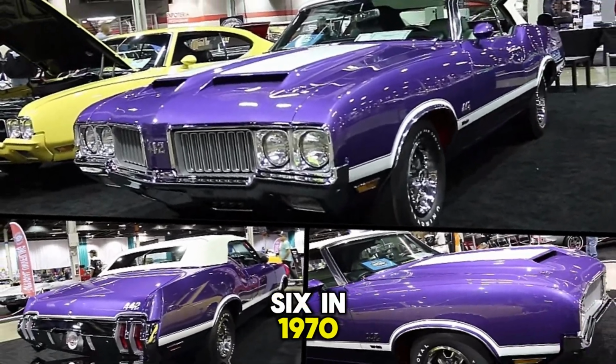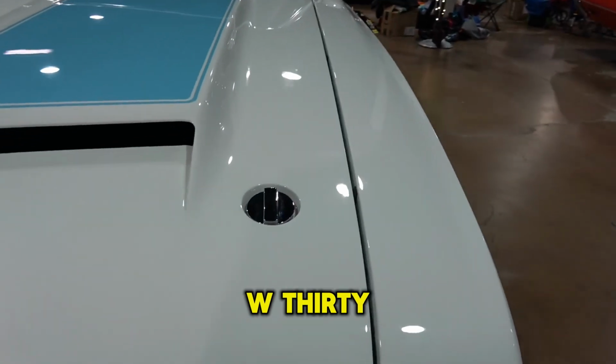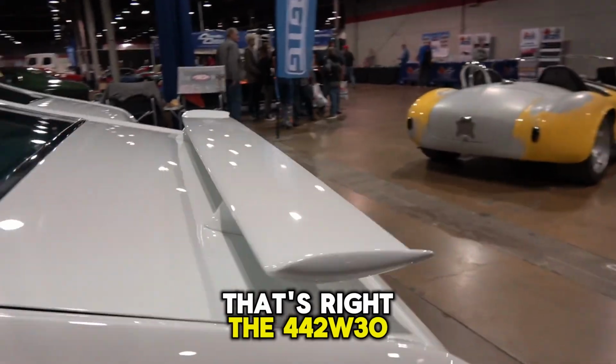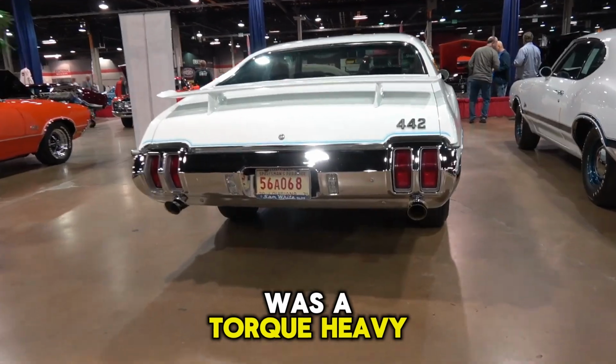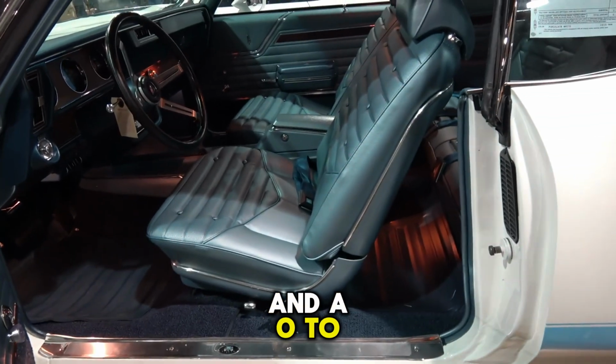6. 1970 Oldsmobile 442 W30. Oldsmobile? That's right. The 442 W30 was a torque-heavy beast with a 455 V8 and a 0 to 60 time